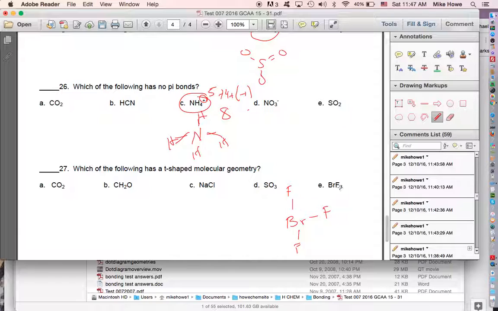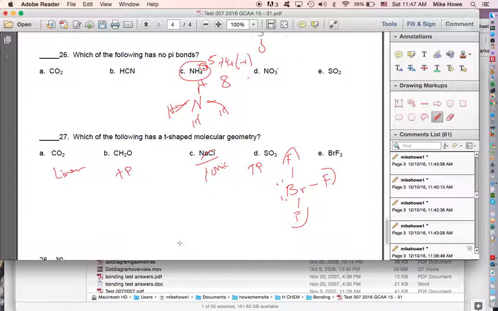7 times 3 is 21, plus 7 is 28. So 28 minus 6 is 22. Put 6 here, and 6 here. That's 18, so I have 4 more to put in. So that creates a T-shaped molecule. This one is trigonal planar. This one is just ionic. So the molecular geometries don't relate to that. That's trigonal planar. That one's linear. So the answer,